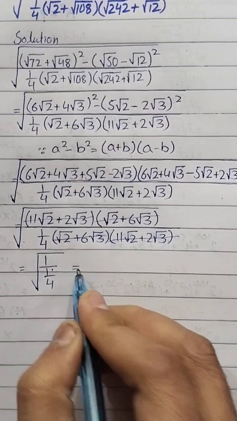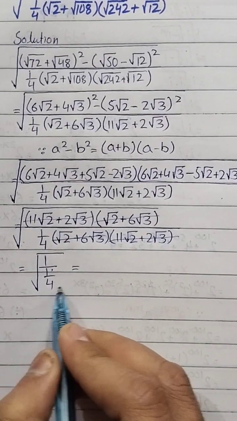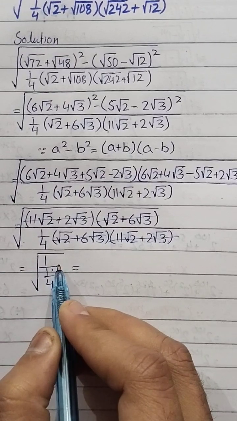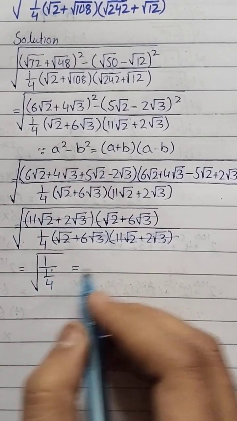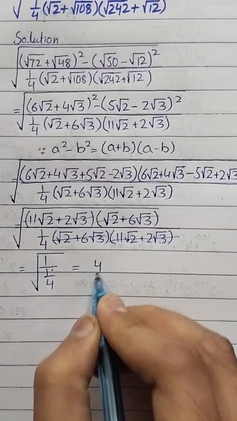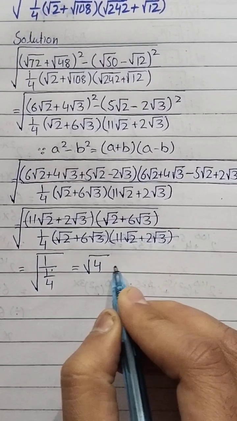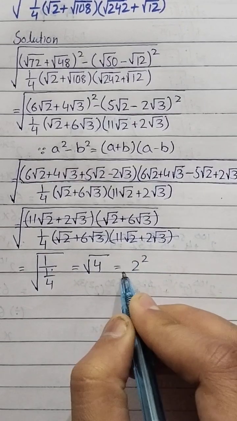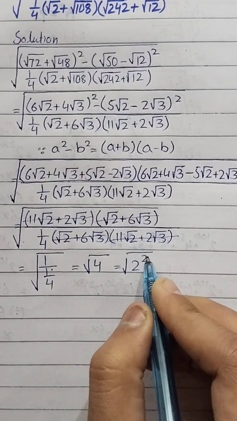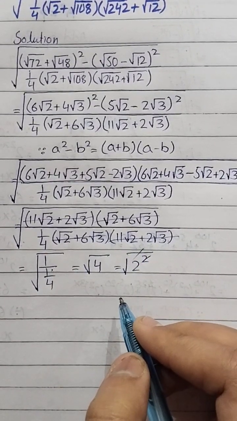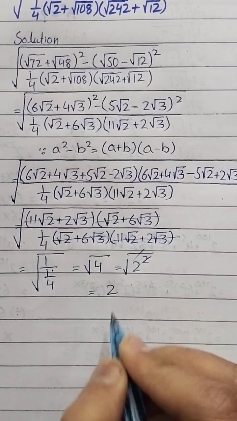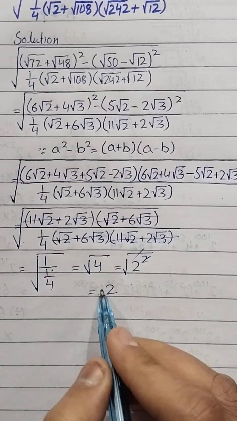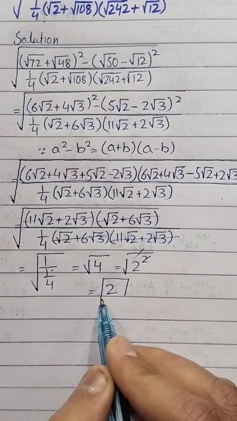This 4 can be shifted to the upper side of the fraction, so it will be under root of 4, and it is equal to 2 square under root. This square can be cancelled with the square root, so the final answer is 2. So 2 is the answer of this